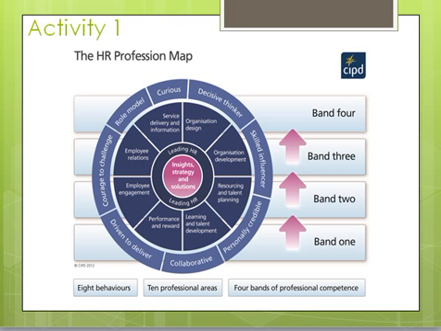So you are asked to evaluate how leading HR and insight, strategy and solutions can help you to uphold the concept of HR professionalism. And it asks you to give examples of knowledge and activities at band 2. So if you go to the map and have a look at leading HR and insight, strategy and solutions, it will give you an indication of what knowledge is required and what activities you will be expected to partake in